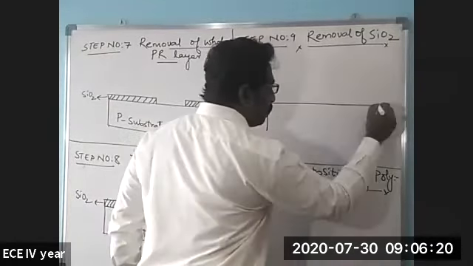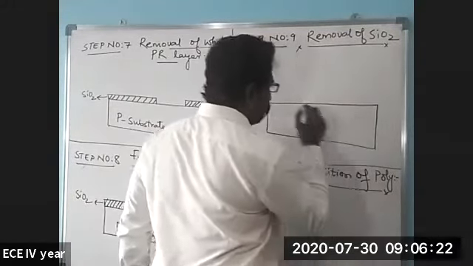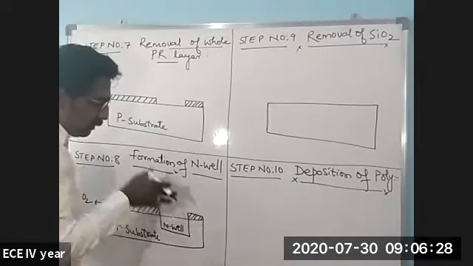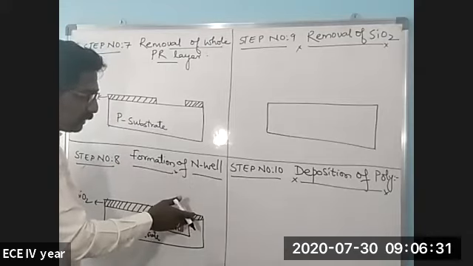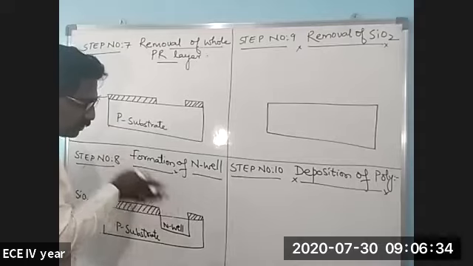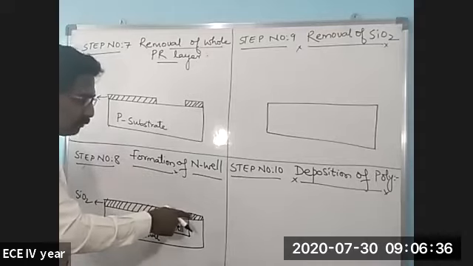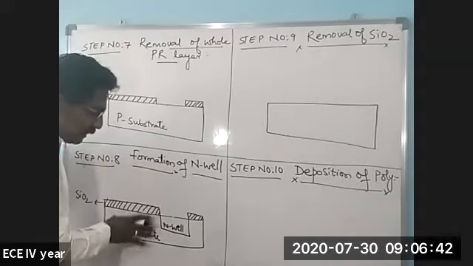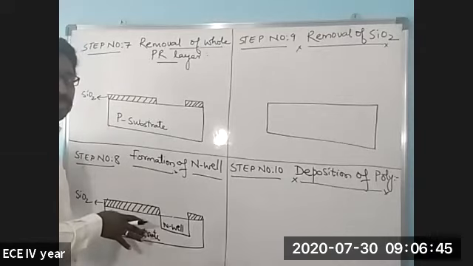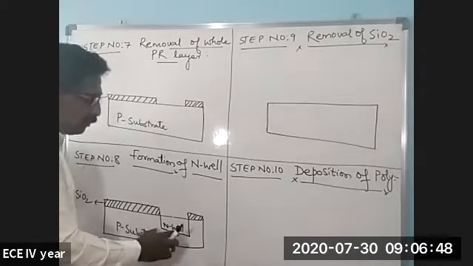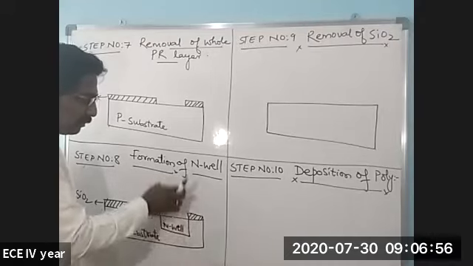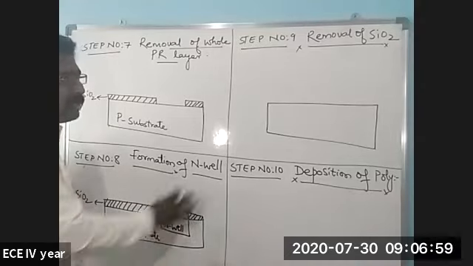You can see that in the previous step, this region was covered. Still, it's covered with the SiO2. The main aim of not removing the SiO2 over here is that while diffusing N type of impurities, this SiO2, we know, acts as a barrier. It will not allow the N type of impurities to get diffused in the area where we do not want the N type of impurities to be diffused. So now our main aim is to diffuse the N type of impurities over here. That's the reason why we are not removing this SiO2 from this particular region. Now the N-well has already been formed, so we can remove that SiO2.